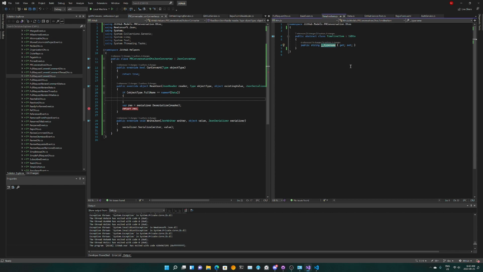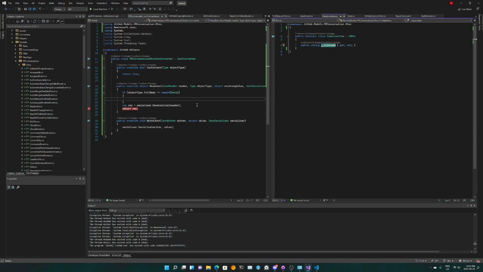It's not ideal, to say the least, because it's really hard. I think what we can do is, okay, so basically we need to do a few things. First is to recognize what type they are. Second is to try to use the same serializer for the child objects within the top level object.